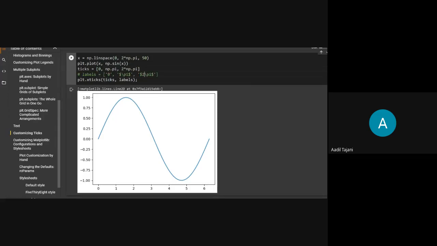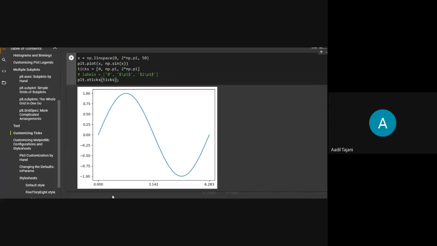Okay, so if I just do this, as you can see here, we've got the ticks as 0, 3.14, and 6.28. So these are the values 0, pi, and 2 pi. Now these are the numerical values. As I said earlier, we are using np.pi, but it is passing the numerical values. And that is exactly what it has shown us. But I also want to show a label according to that. I don't want to show the value. I want to show that this is the pi value. That is known as labels.